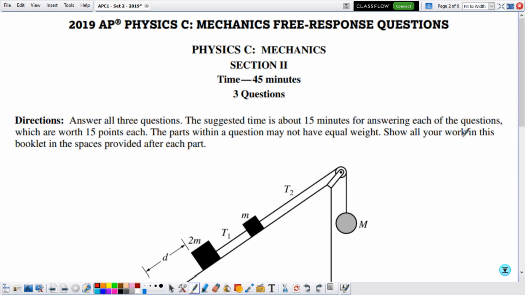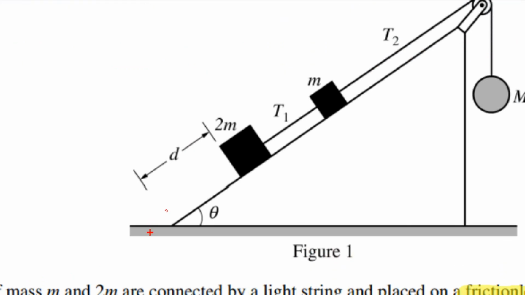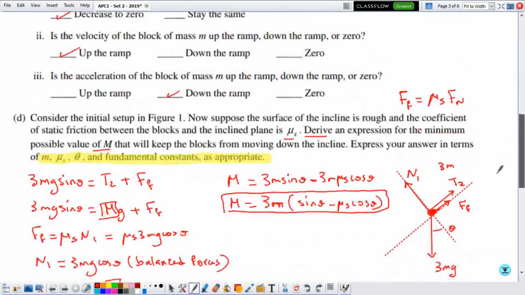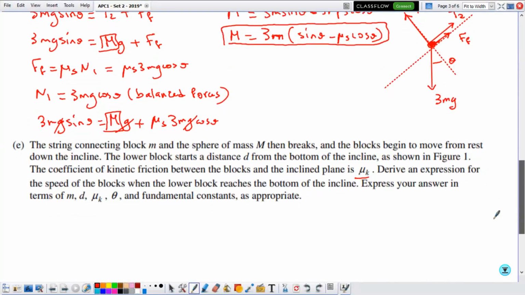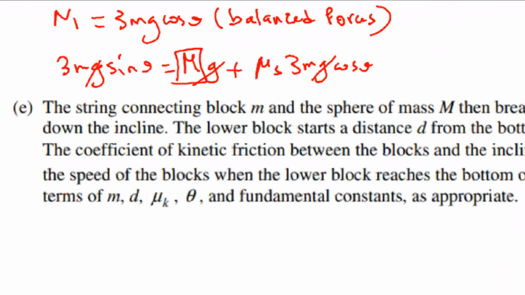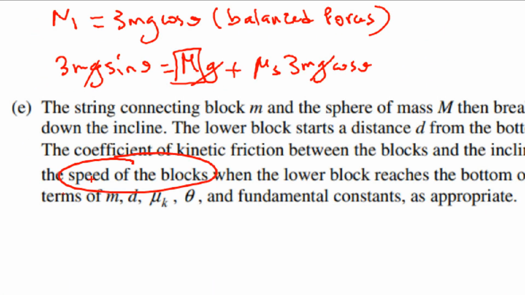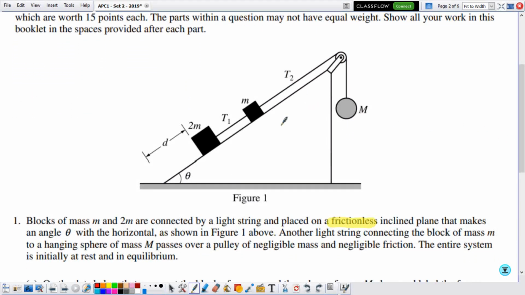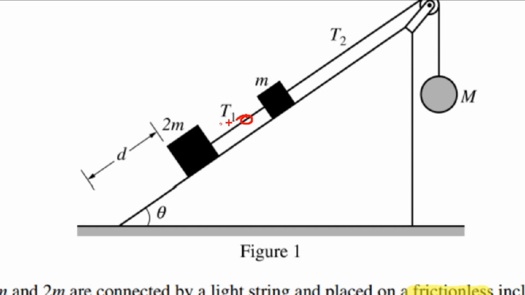So we need to determine the expression of the velocity at the bottom of the ramp, knowing that these two blocks will remain together. We need to determine the velocity of whom exactly. So derive an expression for the speed of the blocks combined. So we assume that the tension T1, this string will remain inextensible, so it will hold tension. So they move as a single system of mass 3m under the influence of gravity and opposed by the kinetic